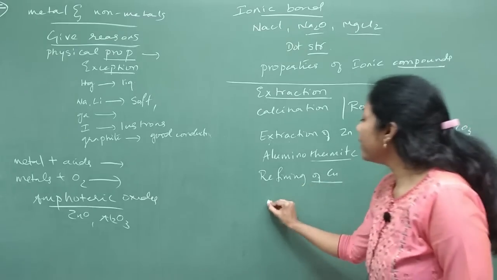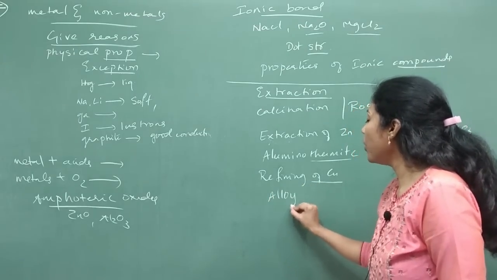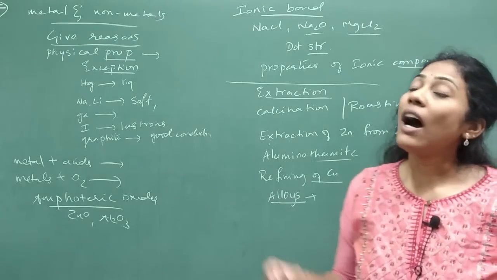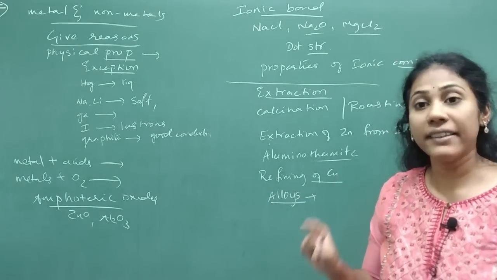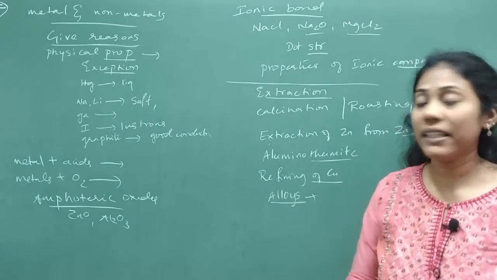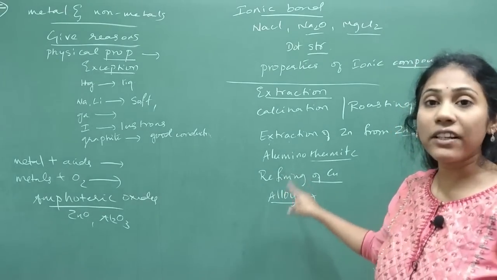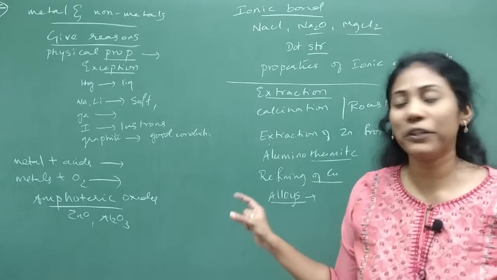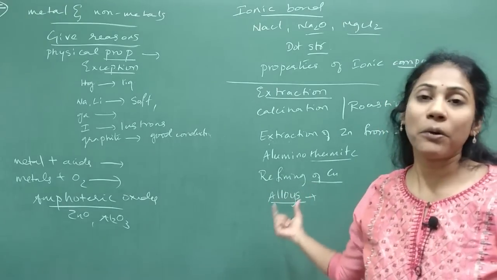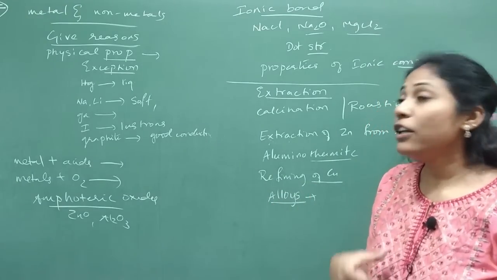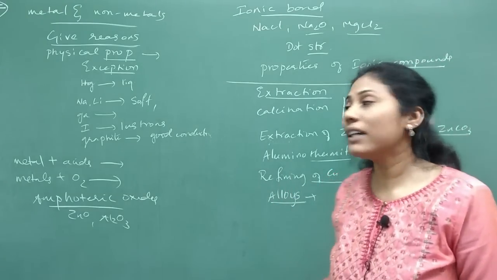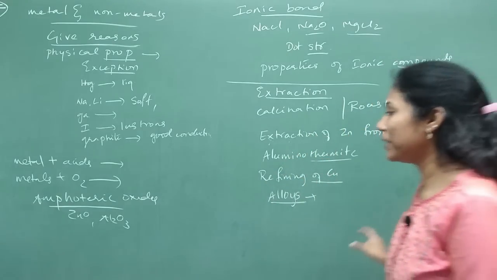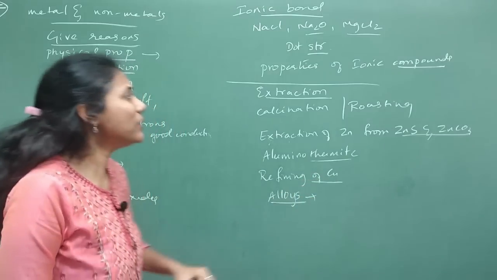Then you have different points about alloys. Under the topic of corrosion, how to prevent corrosion, alloying is one of the methods. So different alloys, their composition, about amalgams, don't forget, even this concept is important from a 1 mark point of view for scoring. If you are looking for scoring good marks, then you should definitely focus on these concepts. Okay, so that's all about the metals and